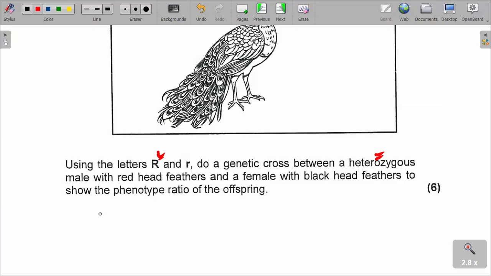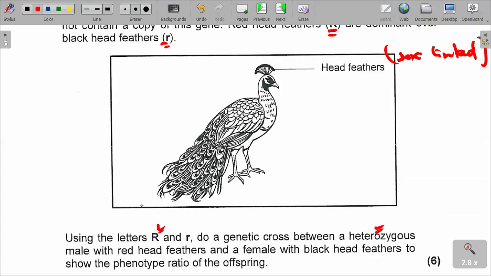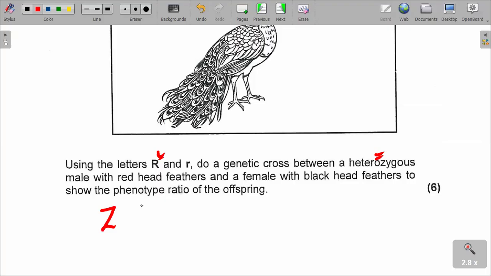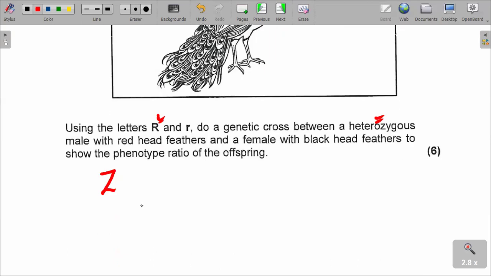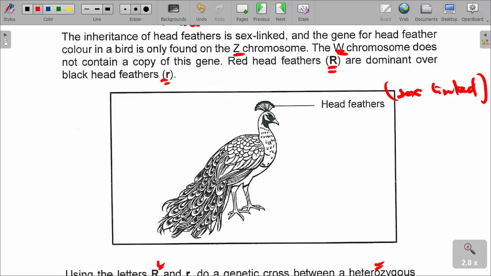We are saying the male is heterozygous. The female is supposed to be RR, is crossed with what? Is crossed with